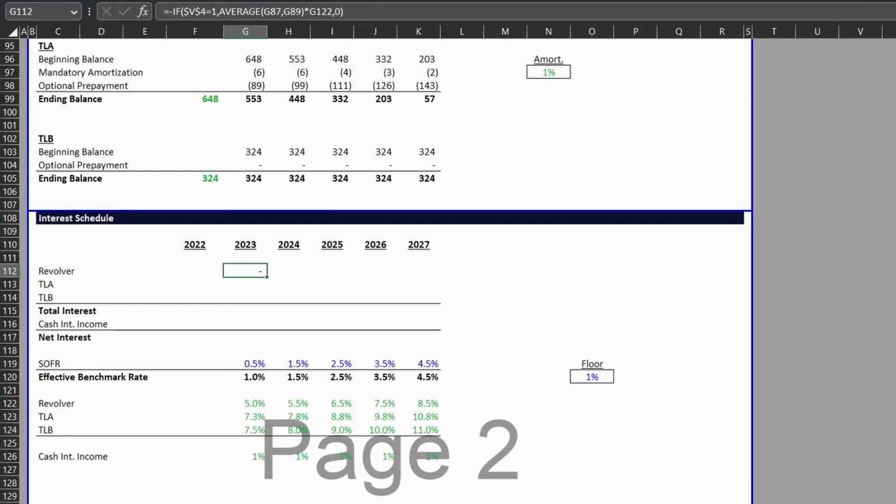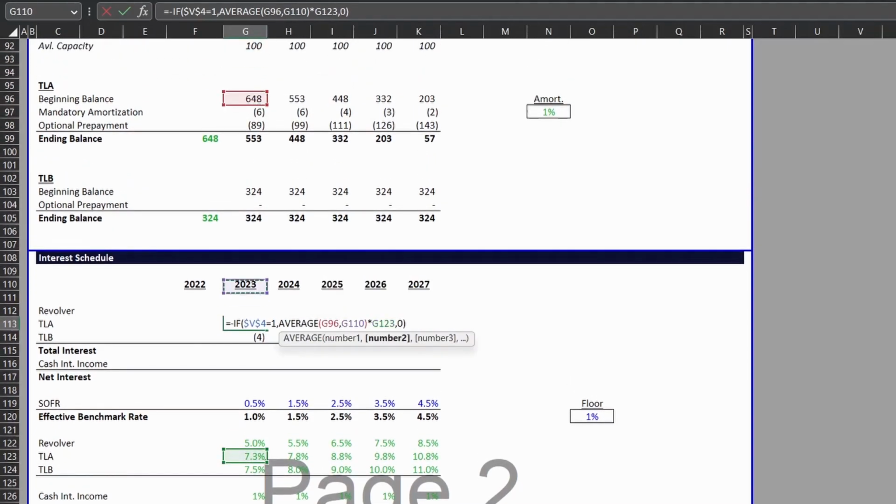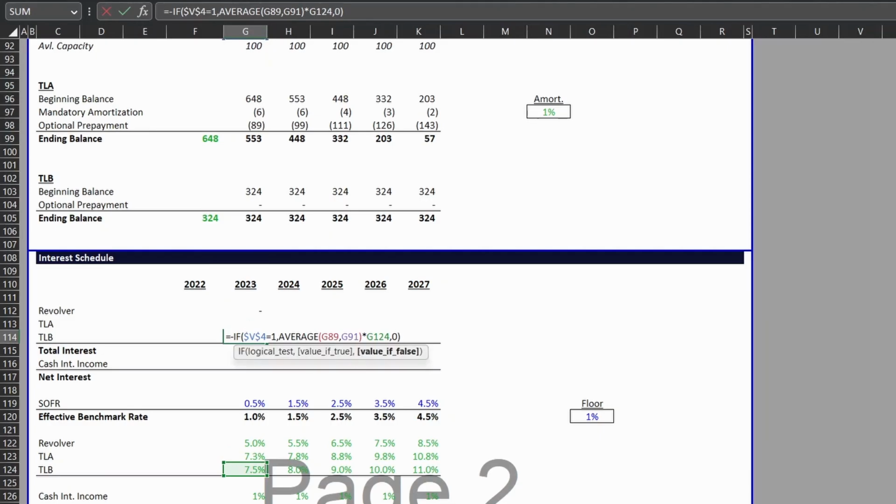That way, if we have circularity issues, turn off the toggle, interest doesn't calculate, model fixes itself, and then we go back and turn the toggle back on. But we should be good there, and then we'll copy that down for the other tranches. We just need to make sure that we go in and update our beginning and ending balances. The rate flowed down properly because we set it up that way, but we just have to drop in that term loan A beginning and ending, term loan B beginning and ending,